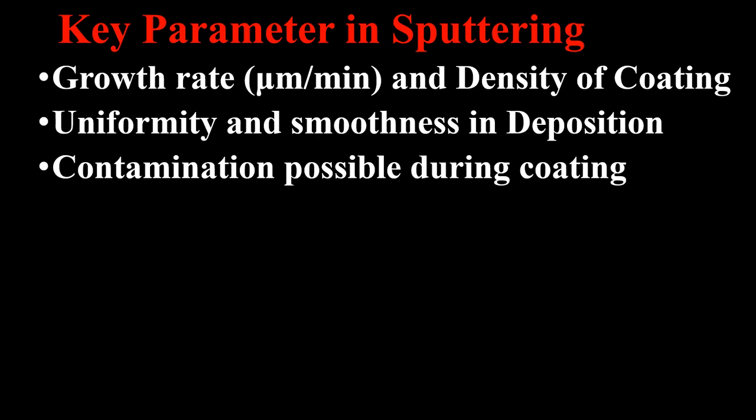That electrode is made up of some kind of metal or other material, so the ions can also take material from the electrode, and it can act as a contaminant and be transported into the deposited thin